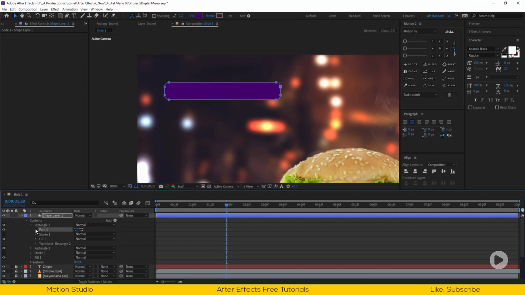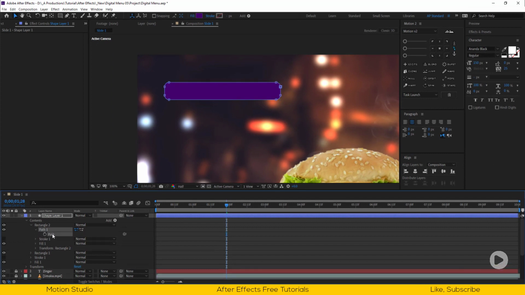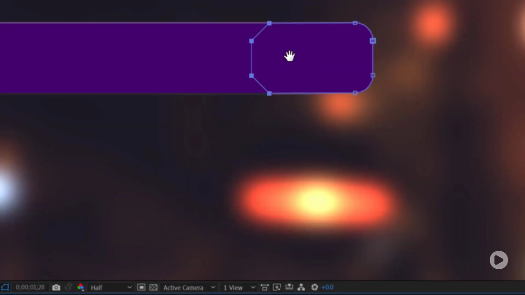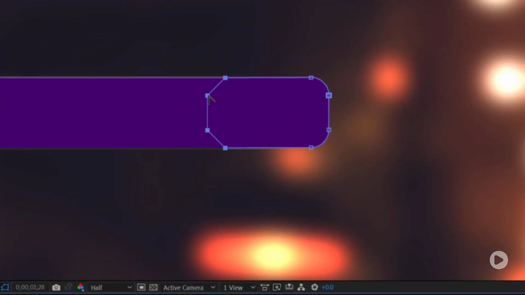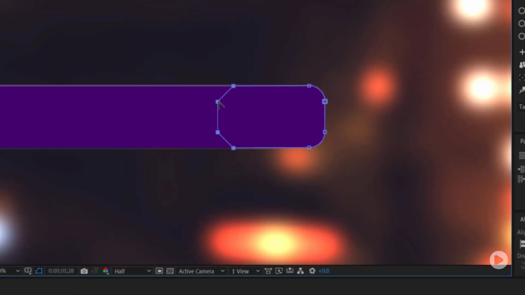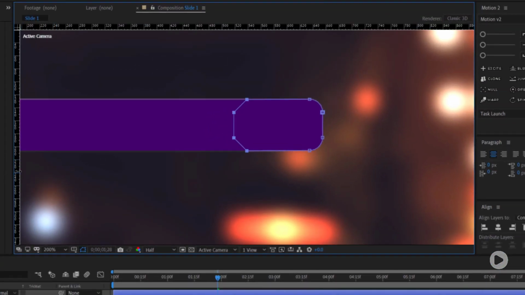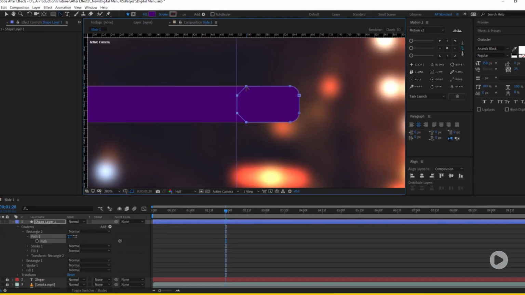Open the path, select this path, move the endpoints to the right side of the shape, and select the Convert Vertex tool, under the Pen tool options. Click on any of these points to get out of this rounded shape. Cool. Now draw a guideline, and align the points to the guideline.